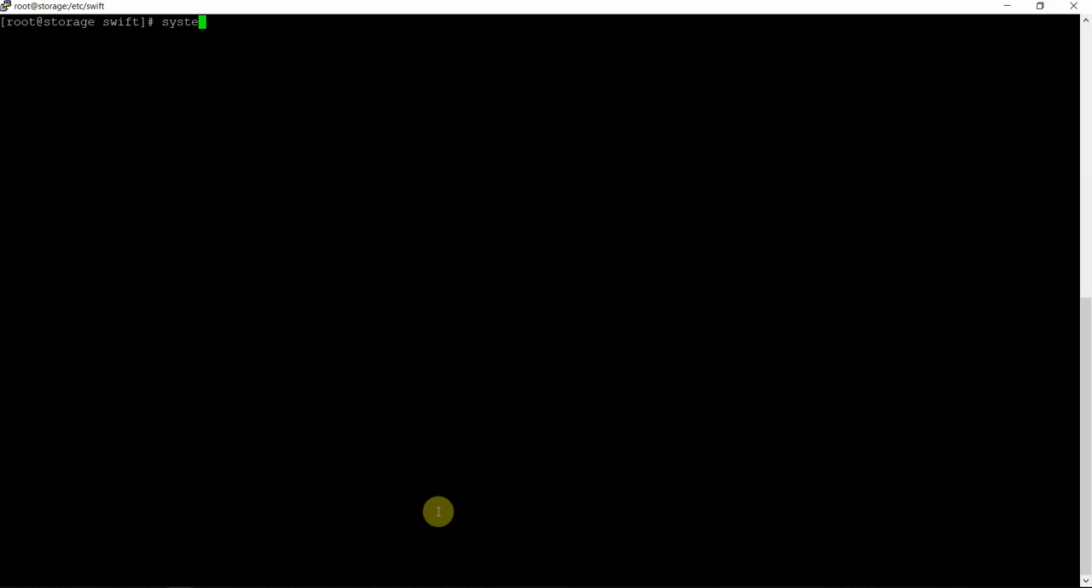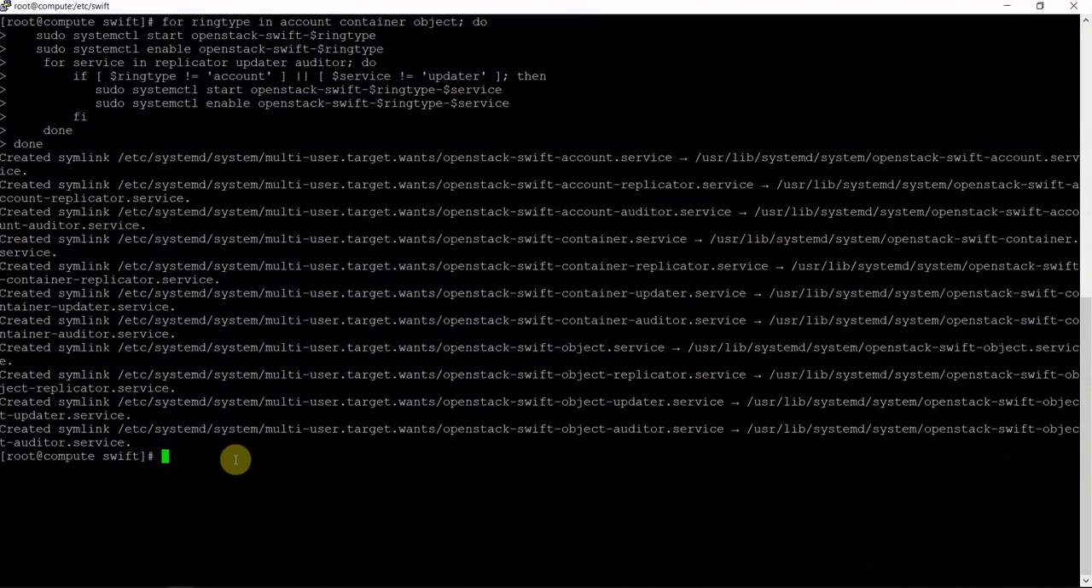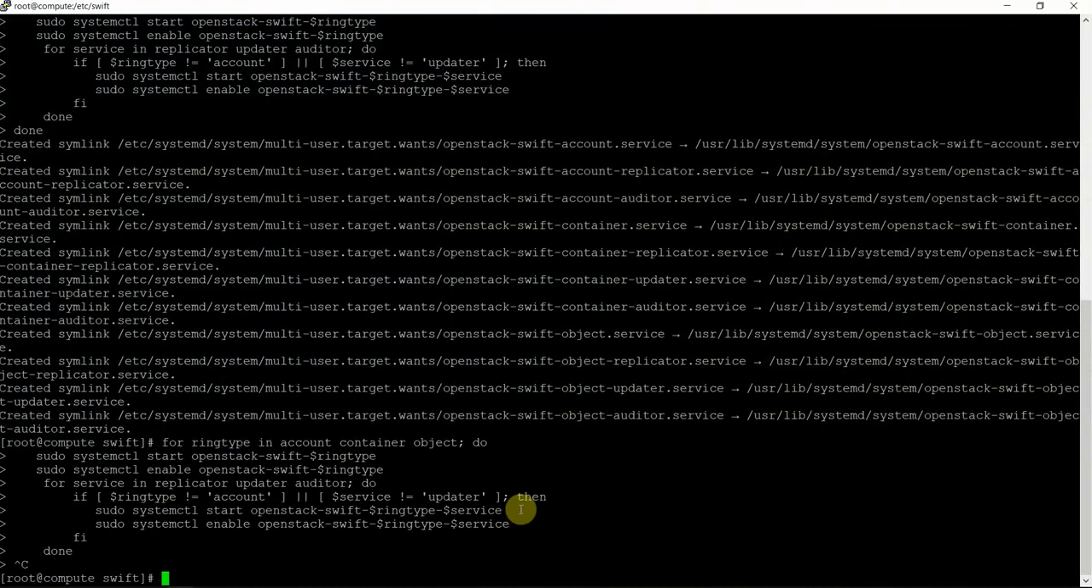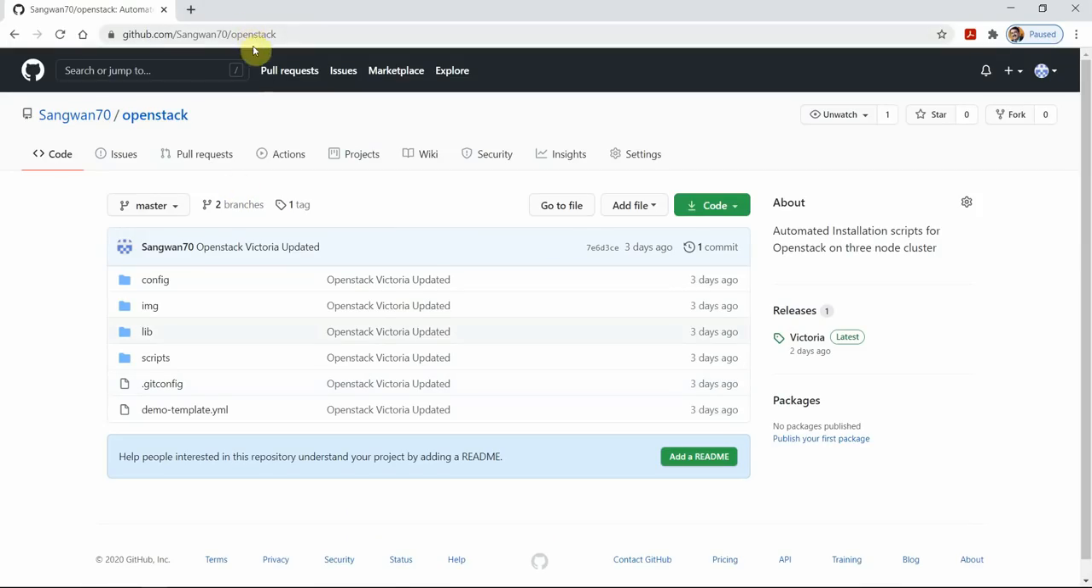Same thing I can verify on my compute and controller node also. I'm working as root, systemctl status openstack-*, that will give me all the services, Swift container, Swift account, Swift object storage, all great. And same thing I will try on my compute node also. So systemctl status openstack-*, all the services are running here also. So that means I'm ready to verify on my